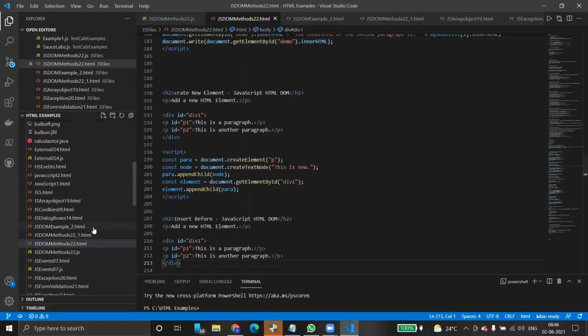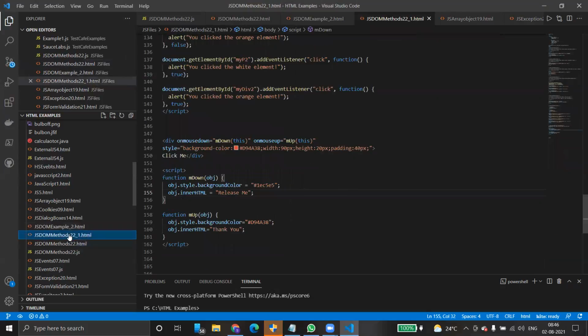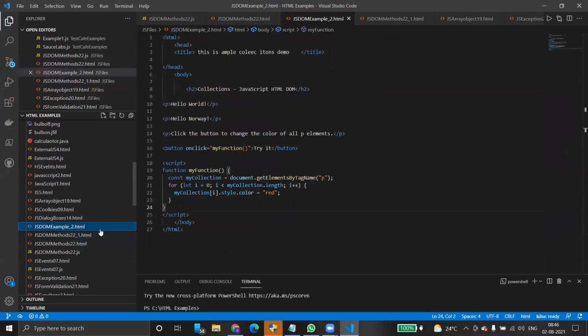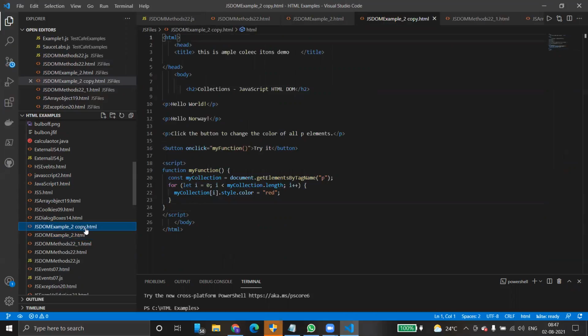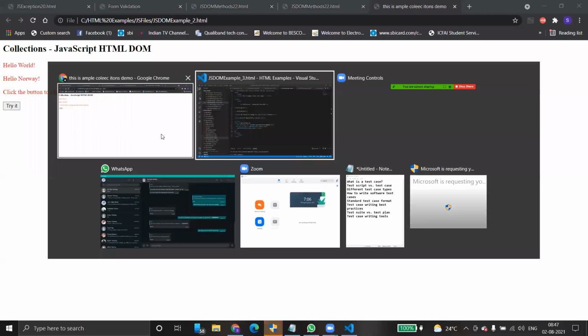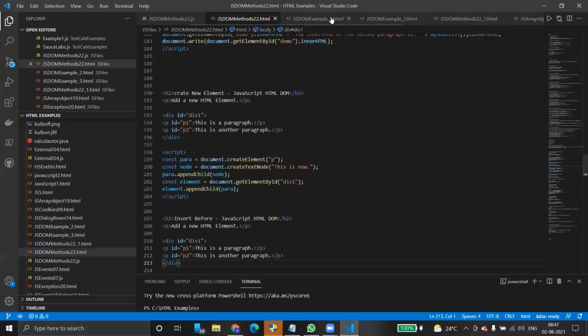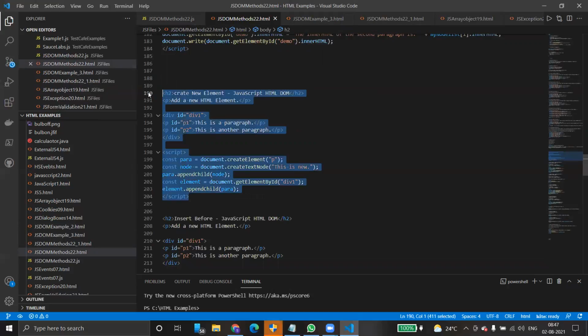Okay. So where is our previous class? This one, DOM object. Yeah. Control C, Control V, copy it. See here, you can copy the previous one. Just go to 2. I'm going to close this. So this can be copied actually, directly copy it from here to here.